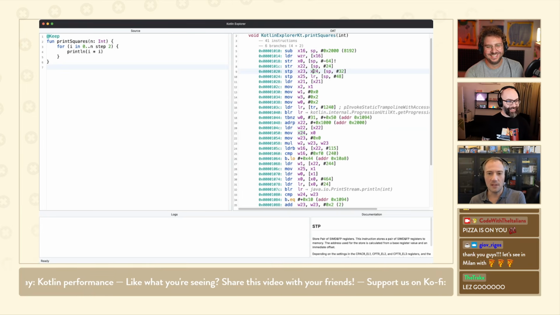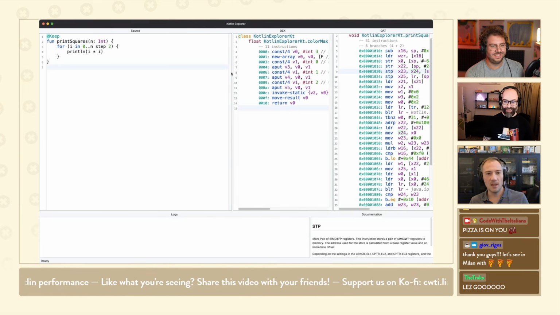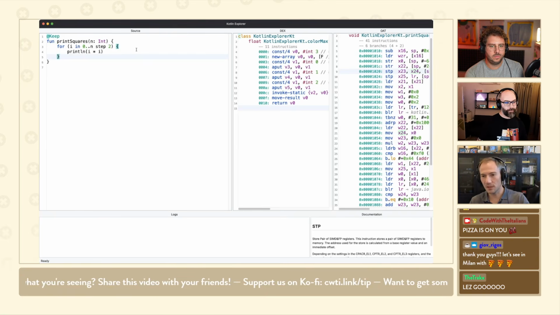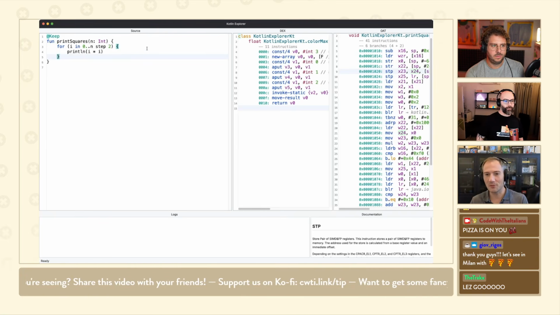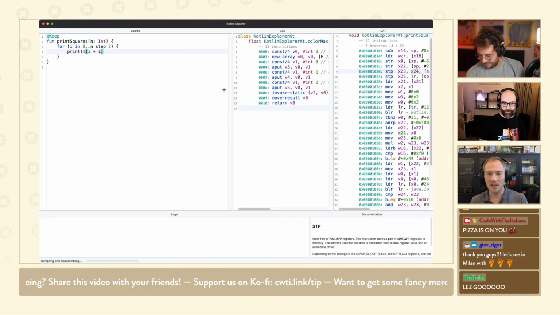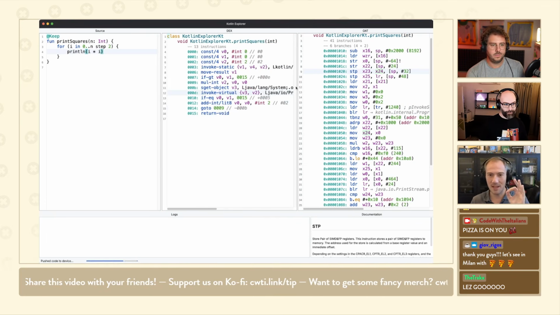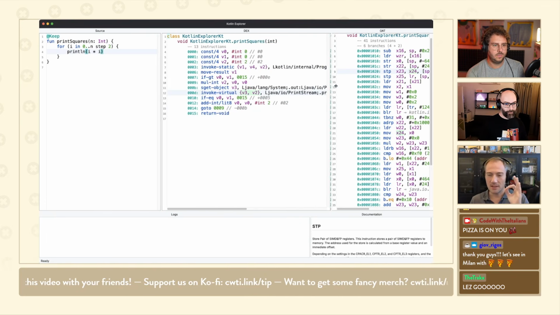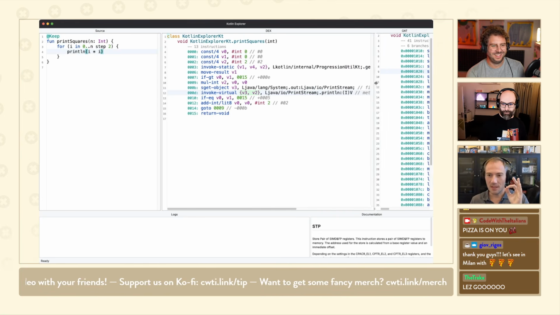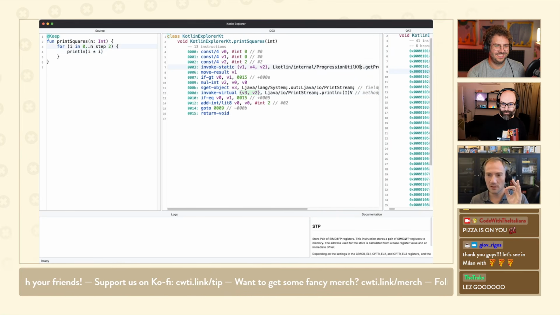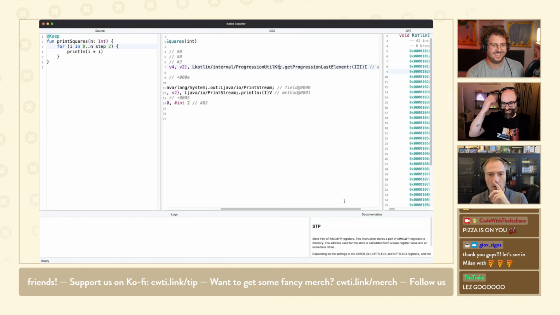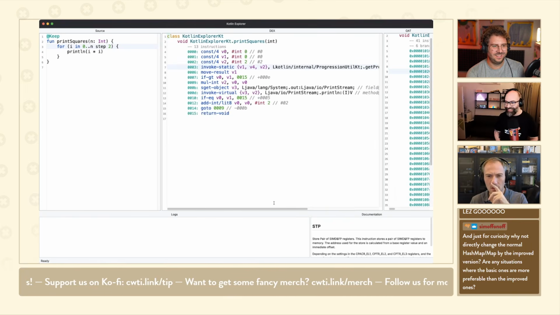We agree. All I did was say, hey, I want to increase i by 2. Like in Java, you would say i equals 0, i less than n, i plus equal 2. That should be free. Not so much in Kotlin. As soon as you write step, it allocates a progression object. Oh wait, no. In this case, let's see. Did they optimize that? Okay, that's good.